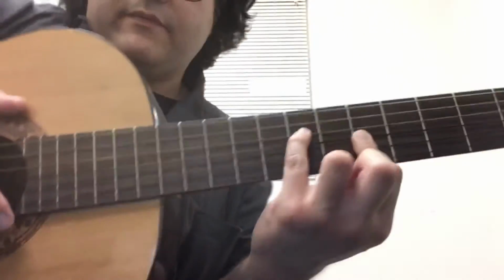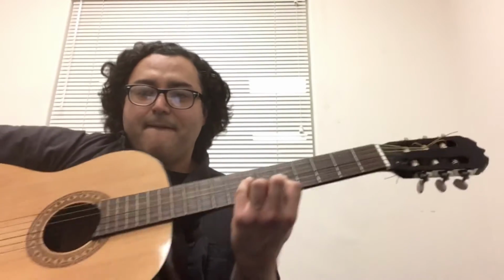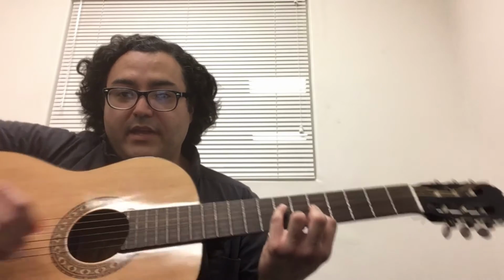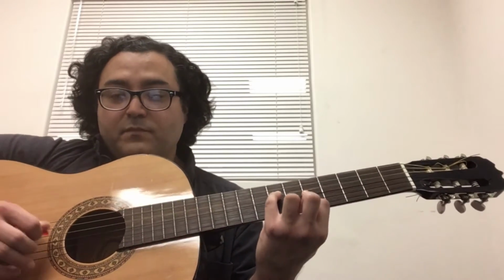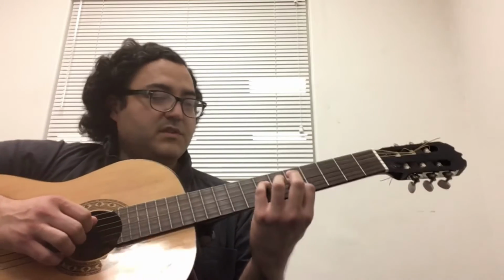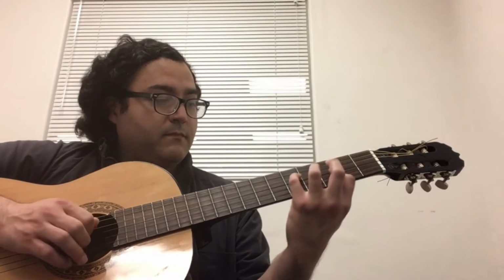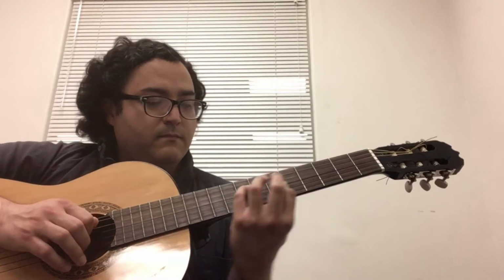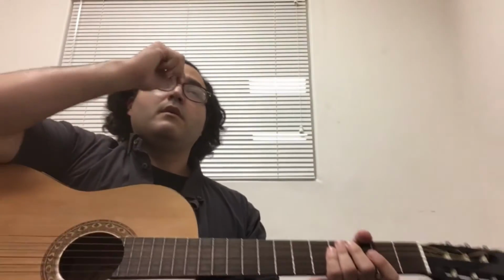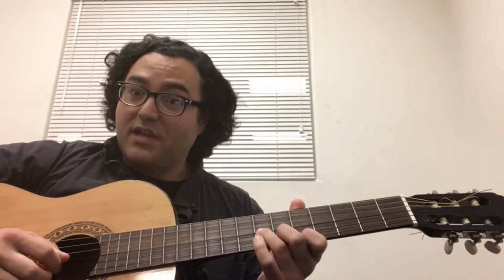So you have this little kind of, you could almost say it's like a reverse bar chord shape, I guess. But remember, muting the high E, you're not playing that, and you have this shape you can move around. Also a minor triad. So same kind of thing, just so you can see how it would sound if you move down. Etc. So what's cool about these two shapes, minor chords, sound real nice,